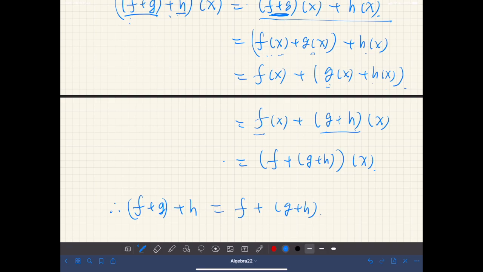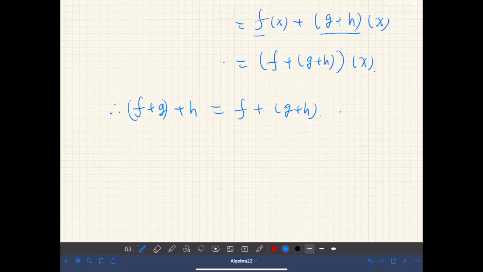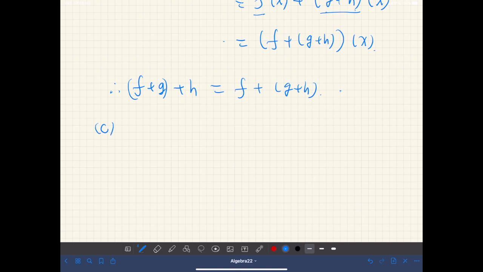Okay, so the associativity of addition is proved. And next, we want to find that zero element. So what is a zero element in this case? Let us write a zero element. So this zero is a name of a function that behaves as the zero element of the set R. So let's define this function as this. So zero